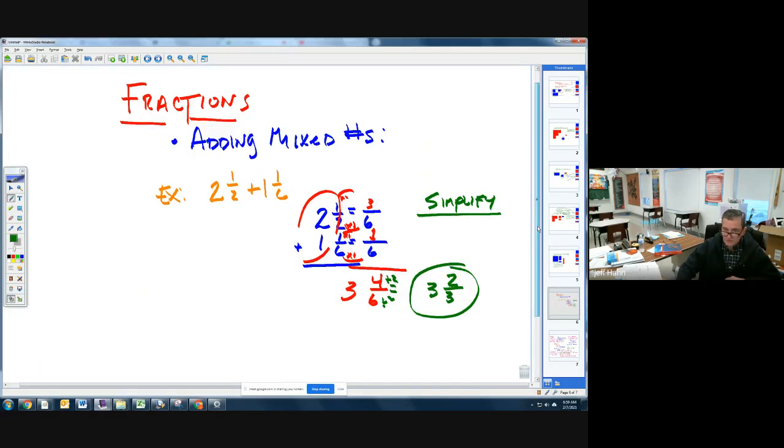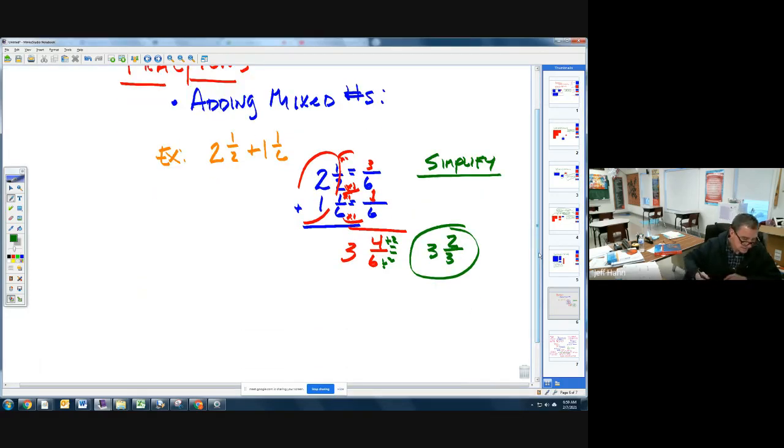Now, lest you think that is as hard as it gets, that is not quite true. I'm going to do one more. It's not much more complicated, but you do have to watch out for it. Be careful with it. If you have 1 and 1/2, and I'll start with writing this up and down right off the bat, and you are adding 2 and 2/3 to it, for crying out loud,